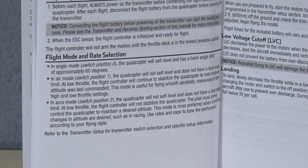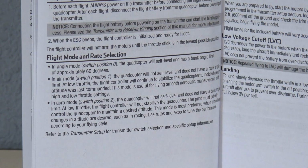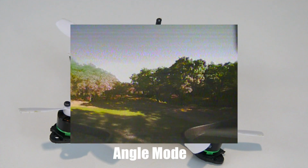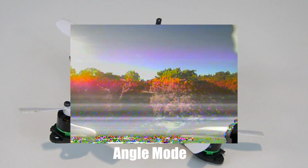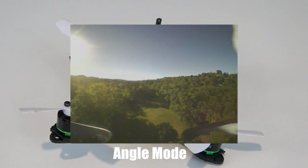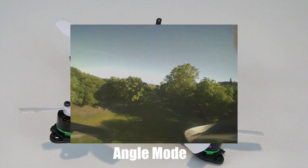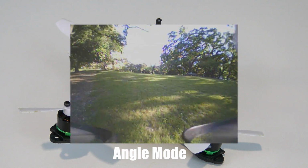So just to go over the flight modes, guys, you have those on switch B. Position 0 is angle mode or self-level mode. The quadcopter is limited to around 60-degree bank angle, and that's your good beginner mode there. If you're just starting out with quadcopters, especially FPV quads, that's where you're going to want to start until you get used to it. Position 1 is air mode acro, so you can do your loops and rolls. At lower throttle settings, the flight controller will still give control inputs to the motors, so it gives you a nice smooth flight. I actually really like air mode quite a bit. And then you have your standard acro mode in position 2, and that's what you're probably going to use for